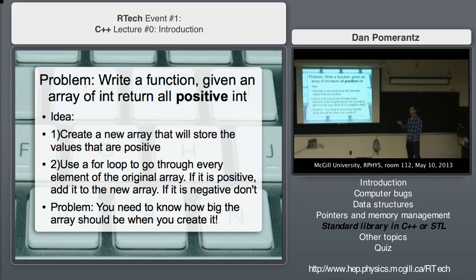And so I would go through my original array and count how many I had. This would then determine how big my array should be. And after I've determined how big it should be, I could set up a second loop that would actually go in and insert things into this new array. So this is a good idea, and it would work completely correctly, but now you've also doubled the amount of